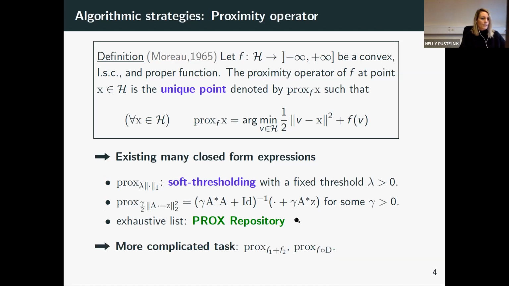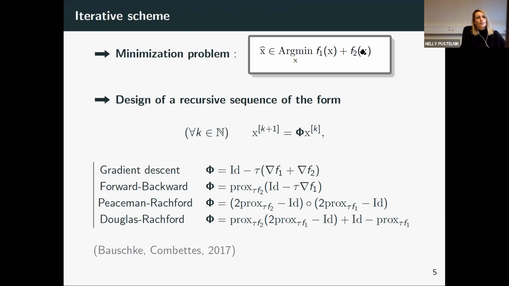Once we have said that, we also need to say that when you want to compute the proximity operator, you have some closed form expressions, but you can also have some more complicated tasks, such as computing the proximity operator of F1 plus F2, or the proximity operator of F composed with a linear operator. And this is the main difficulty in our method. So if we go back to our minimization problem,